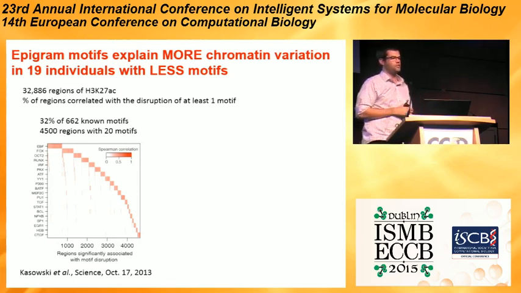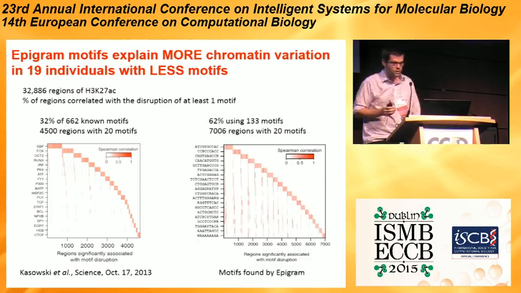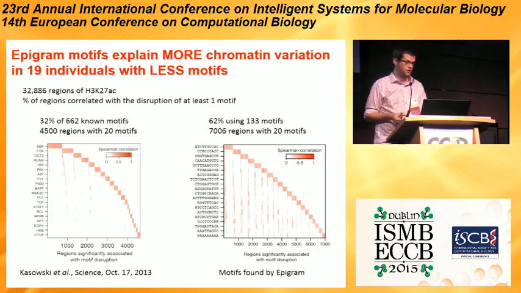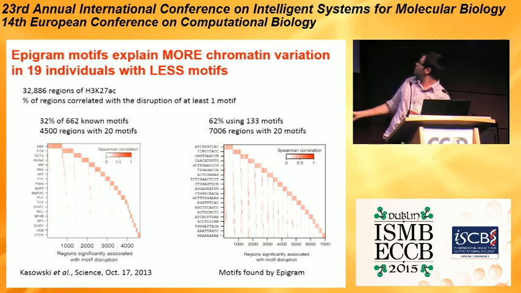So what I did was take their H3K27 acetylation peaks, run Epigram, create a set of motifs, and then repeat the analysis. Using 133 motifs from Epigram's full model, I found that I could get significant correlation with 62% of the regions, which is a big jump from the 32% using considerably fewer motifs. And if I took my 20 motif model, which is the same number as they put in their figure, then I get over 7,000 regions